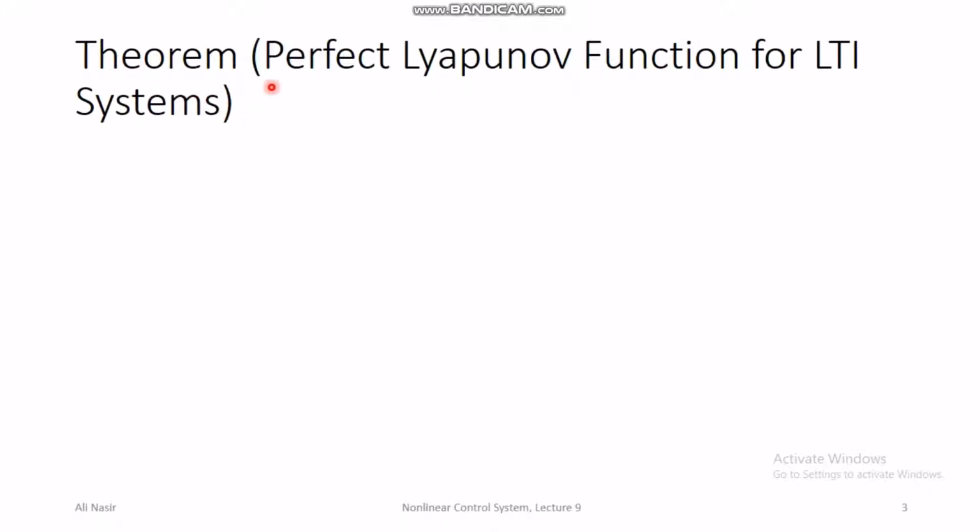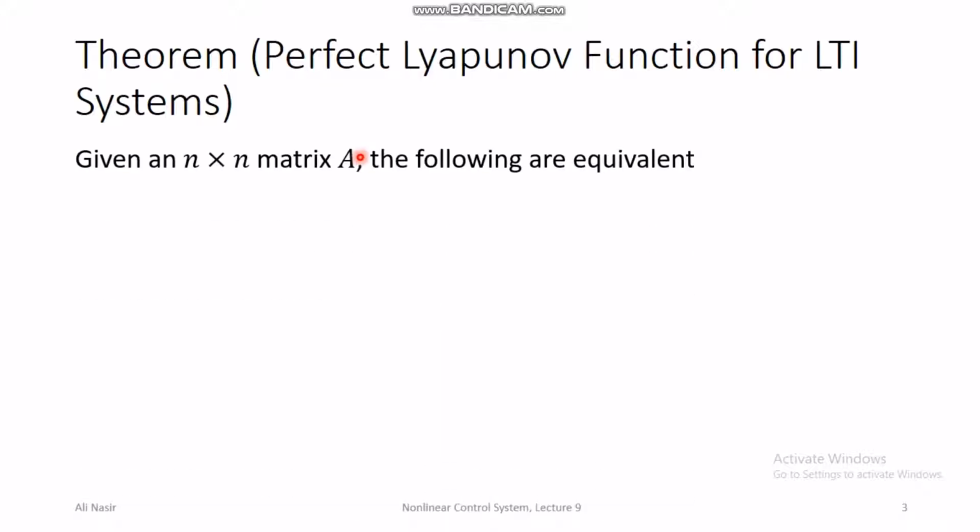You can call it the theorem that leads to a perfect Lyapunov function for linear time invariant systems. We all know that there is no perfect Lyapunov function for nonlinear systems, but at least we have a perfect Lyapunov function for linear time invariant systems. So if we do Lyapunov analysis on linear time invariant systems, we don't have any uncertainties about whether our Lyapunov function will work or not. Well, let's see how